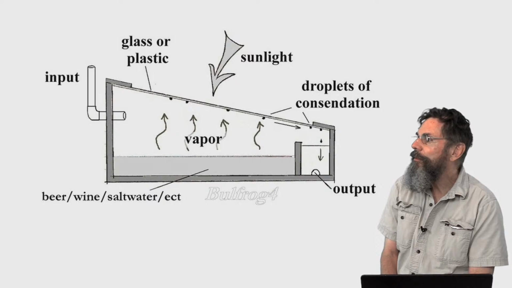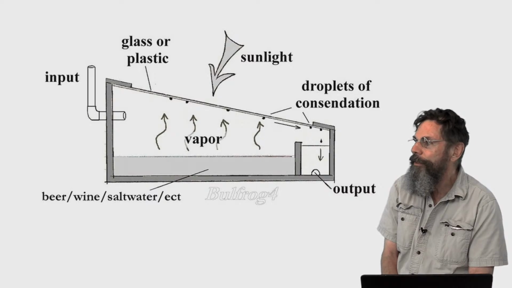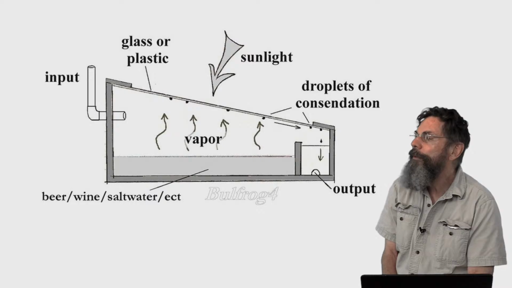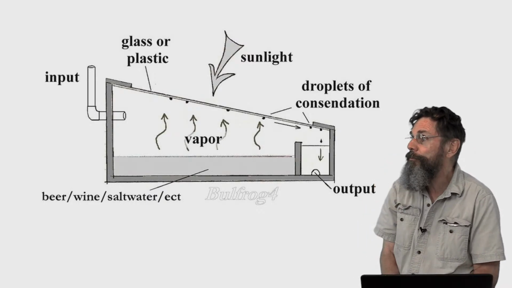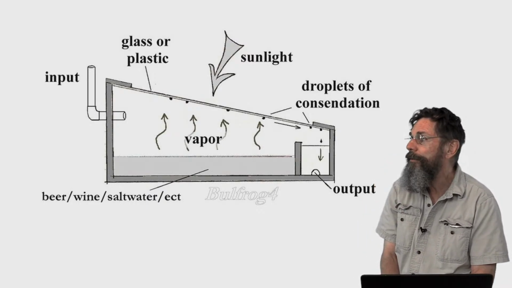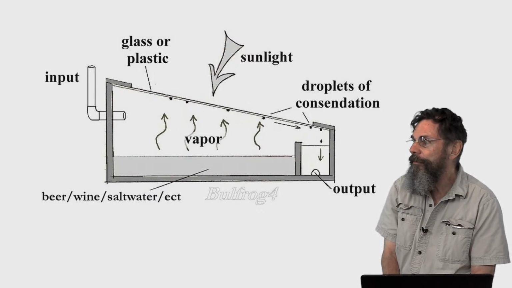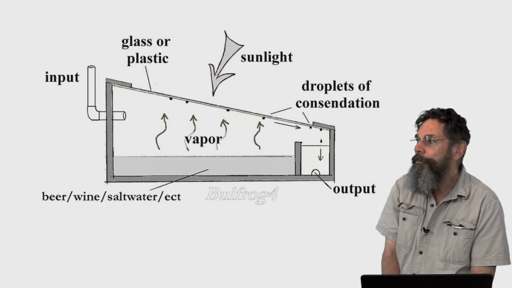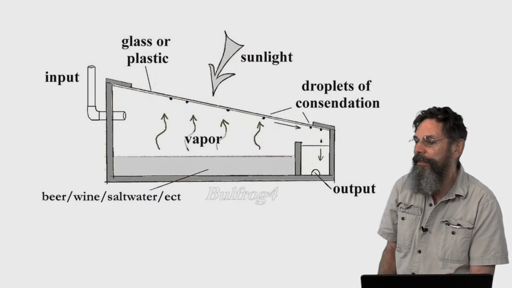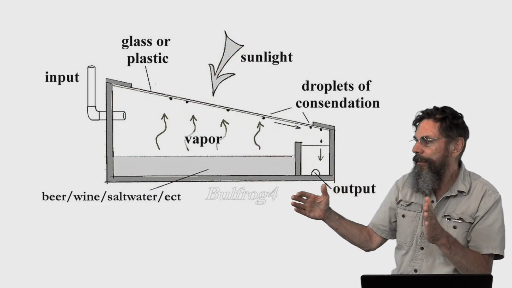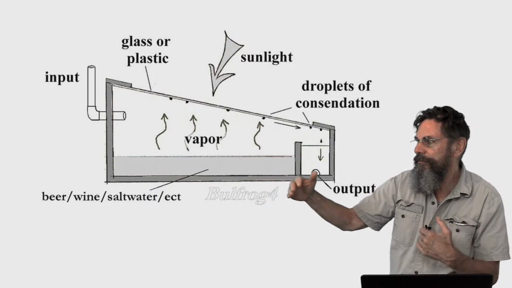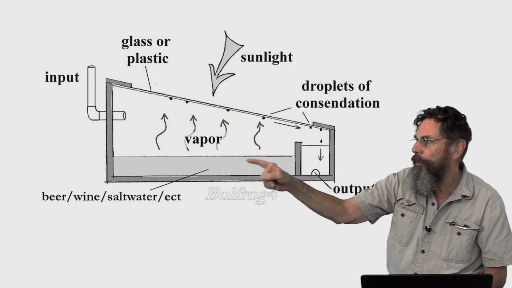The salt water, the saline. It says beer and wine there. People have experimented with trying to distill fermented materials, but we're not doing that. We're talking about just salt water or brine or whatever, in a container at the bottom of the sealed box. And this box is something that might be 3 feet wide by maybe 5 feet long, from the low end here to the other end,